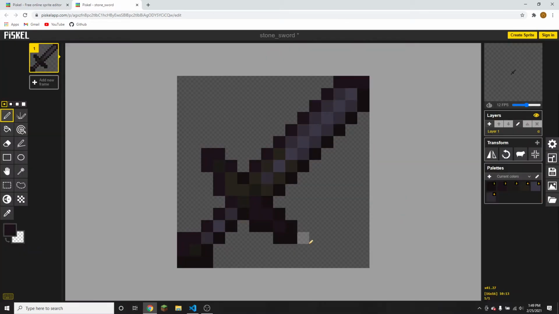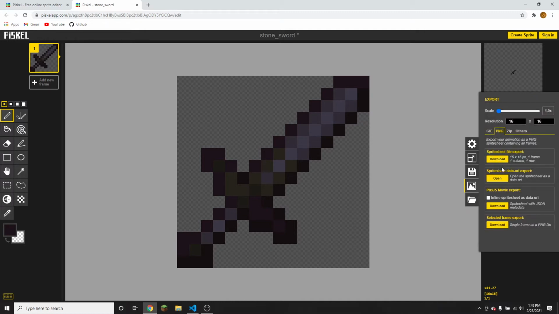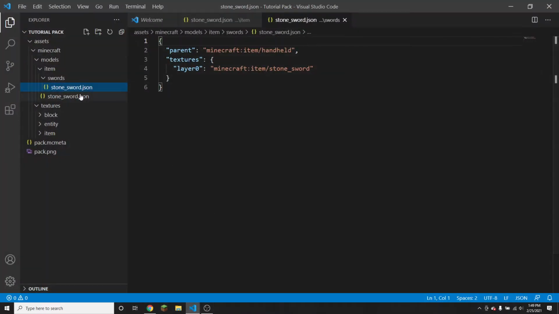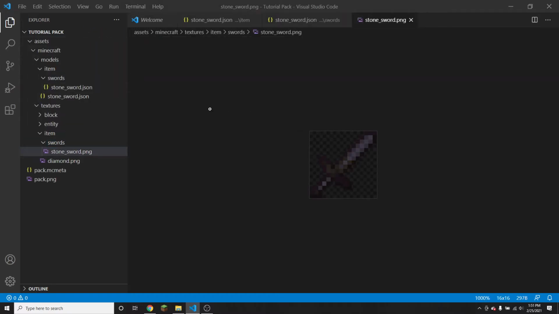So I've gone ahead and created this Blackstone sword texture, which is what I'm going to use for my custom model. And then I just need to export this as a PNG and download it. And then go back to my folders. And then I just need to go to textures and then item. And in here, just like in the item folder for models, I'm going to create a new folder again called swords. Then I've put my stone sword texture into the sword folder,